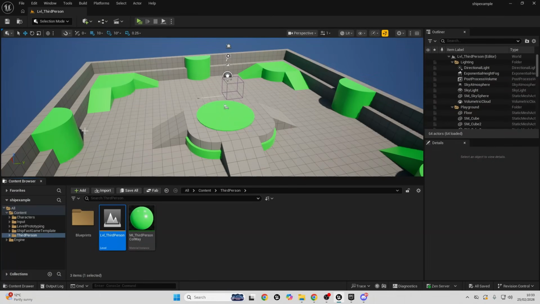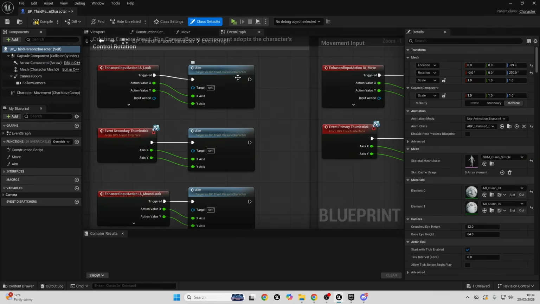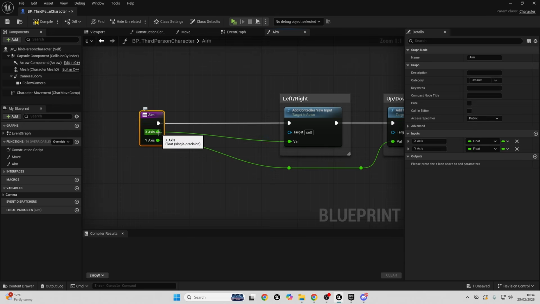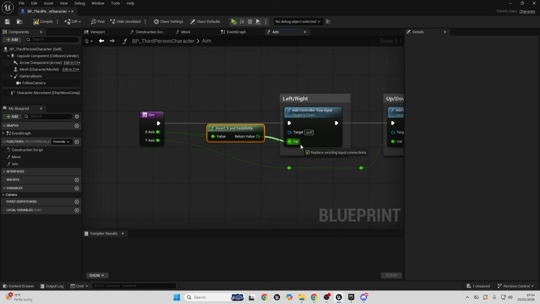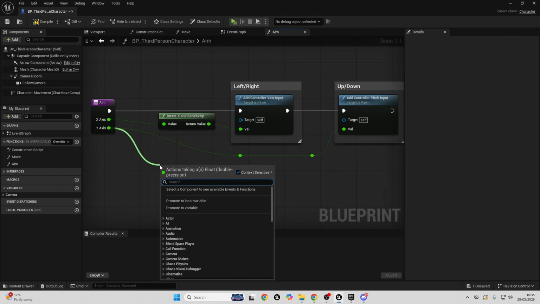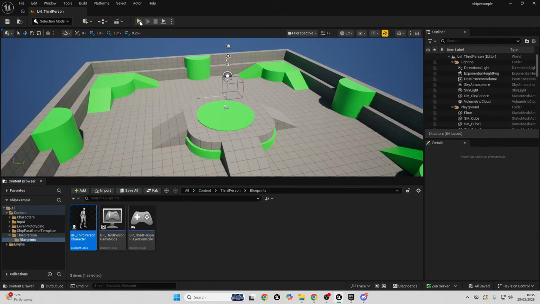So in order to make this work, we can just go over to your character, and we just want to open up the third person character and go into the aim. So we basically want to go over to the part where we are updating your character's controller yaw input and their controller pitch input, and just drag off the X and look for invert X and sensitivity and connect this into here, add controller yaw input, and then for the Y, I'm going to drag off here and look for invert Y and sensitivity and connect this into here. Then go compile, save this, and if I play my game,